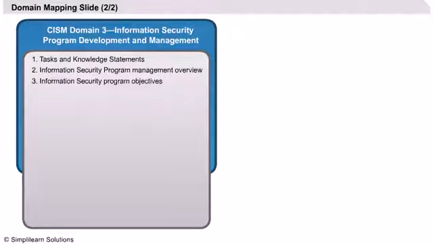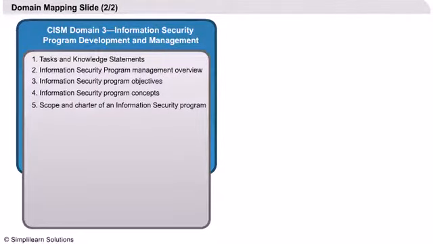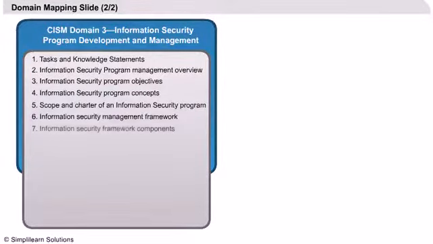Information Security Program Objectives, 4. Information Security Program Concepts, 5. Scope and Charter of an Information Security Program, 6. Information Security Management Framework, 7. Information Security Framework Components, 8. Defining an Information Security Program Roadmap,